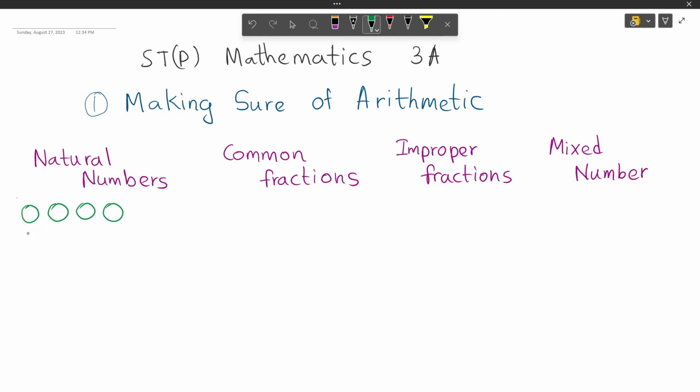How do we start counting? 1, 2, 3, 4, 5. I have here 5 balls. And like that, we can count forward. So we start by saying 1, then we get 2, 3, 4, 5. Like that we can count till